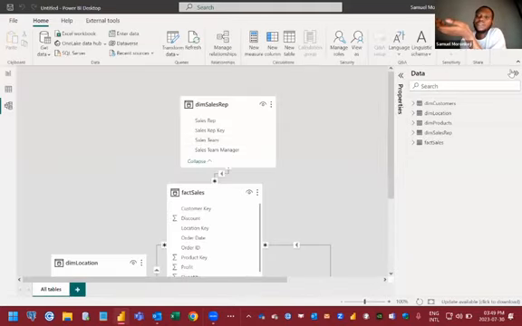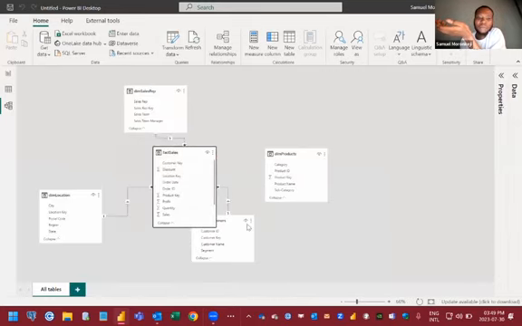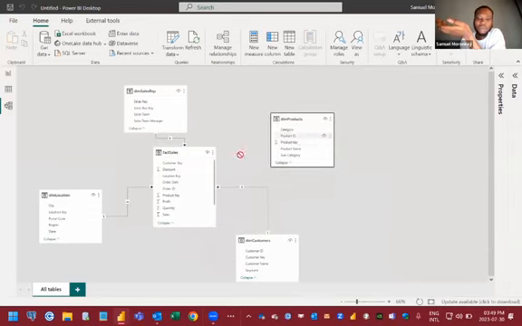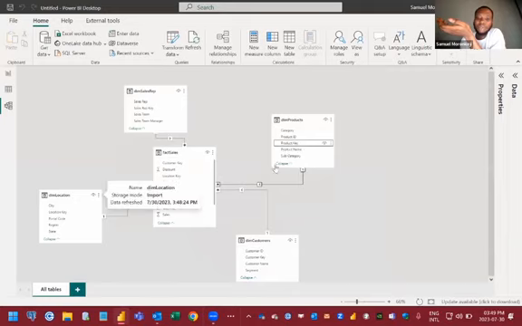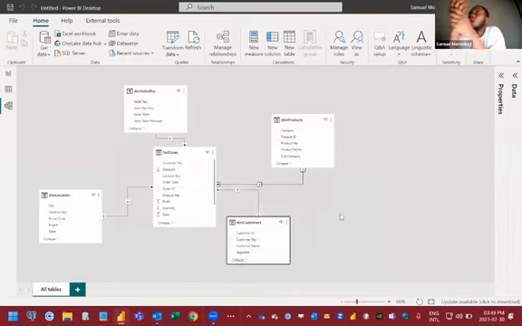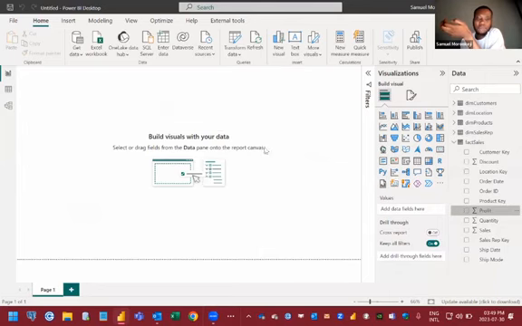And if you look at our model, you see that without actually building a manual model, without trying to drag anything to anything, Power BI has actually built a star schema for us. And for the last one that I didn't put, I can just connect this. And I have a nice star schema ready, and I can start building my reports. So although there are things to take into consideration, I can take profits,